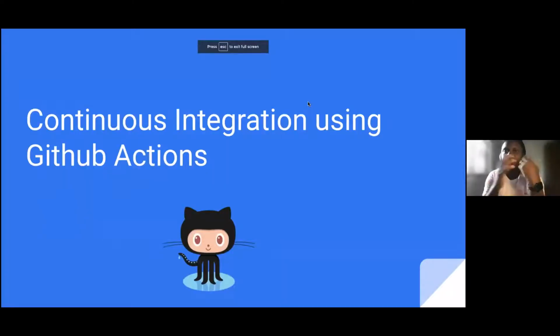All right, so today we're talking about continuous integration with GitHub Actions. For some of us who are probably hearing about it for the first time, or for those who have heard about it before, I will just do a quick overview of what continuous integration means. Then I'll talk about it from the context of